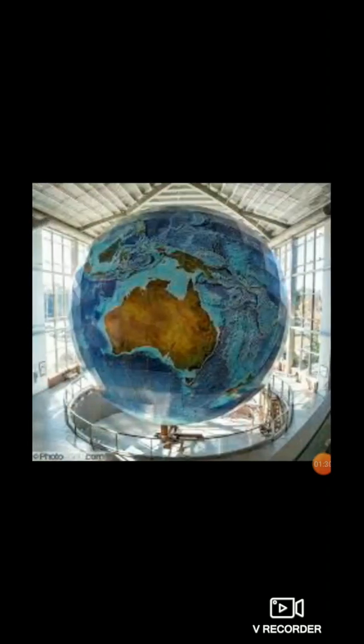The rotation and revolution speed of the earth is the same as that of this model of the earth. The revolution and rotation speed of Eartha is maintained as per the actual earth. You can see the picture. This is the model of the earth, but it is the largest operational globe in the world, situated in America at Yarmouth, and the rotation and revolution speed of that model is maintained as per the actual earth. Understood, students? So here we completed the lesson.